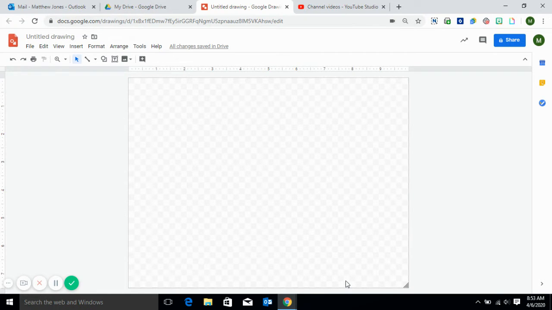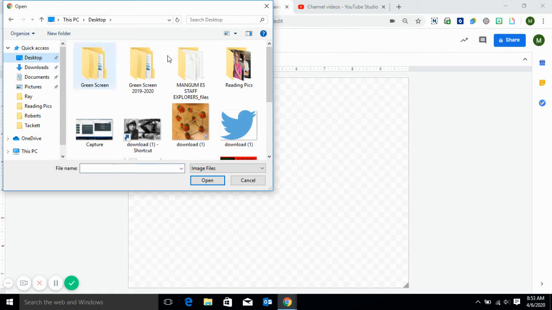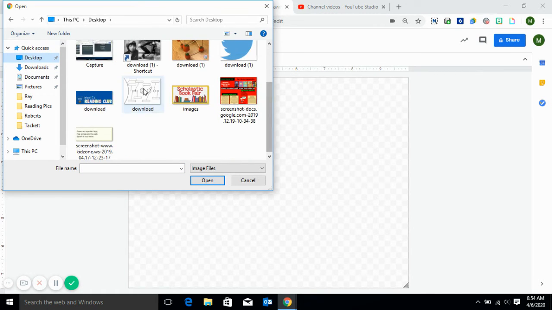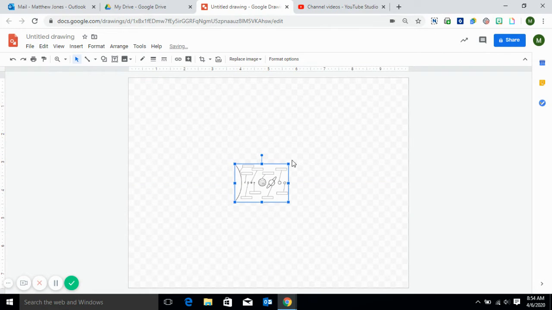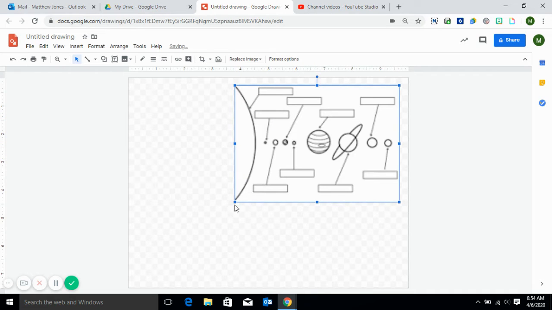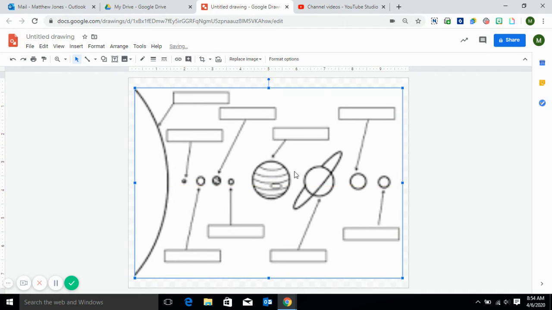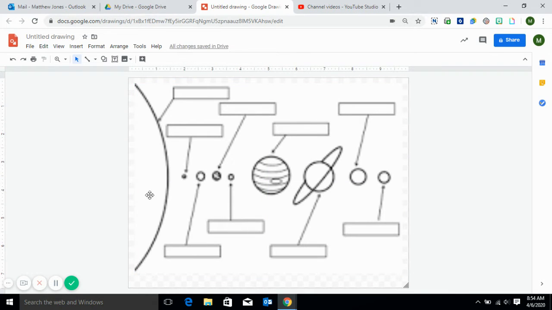So this is a really simple activity that you can use with your kids. So we're going to focus on something that I've worked on with third grade before, which is our solar system. So we're going to use, like I said, the preloaded one first. So I downloaded an image that had the blanks for our solar system. So I found one that had all of our planets, and it had the labeling part already done. Right, so a little distorted, but we still get the overall gist of what we're trying to do. So you notice we have our planets here in the middle, and we have our labels that we need